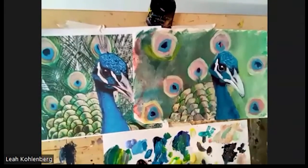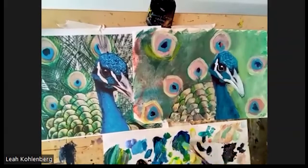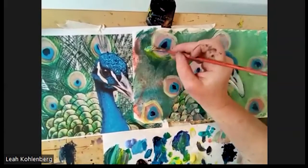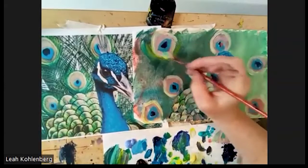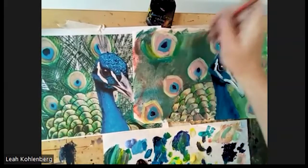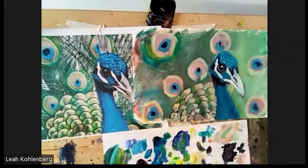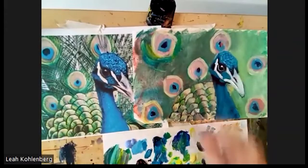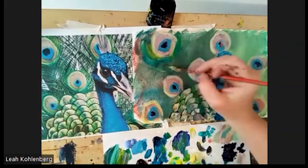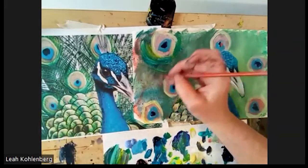Let's try. There we go. Let's try that. Yeah, it just doesn't paint my brush. I can see kind of little lighter streaks. So I'm now using the edge and I'm kind of liking it a little bit better. I'm not painting everything, but I'm